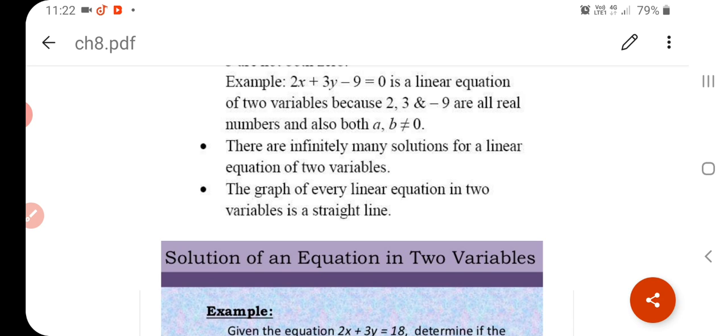Draw the coordinate axes on the graph paper and choose a suitable scale. Plot the points on the graph paper, the coordinate plane. Connect any 2 points by a straight line and check that the third point lies on it. In fact, 2 points are sufficient to draw the straight line, but we use 3 points for drawing the graph to check the correctness of the graph. So 2 points are enough, but you have to draw at least 3 points.